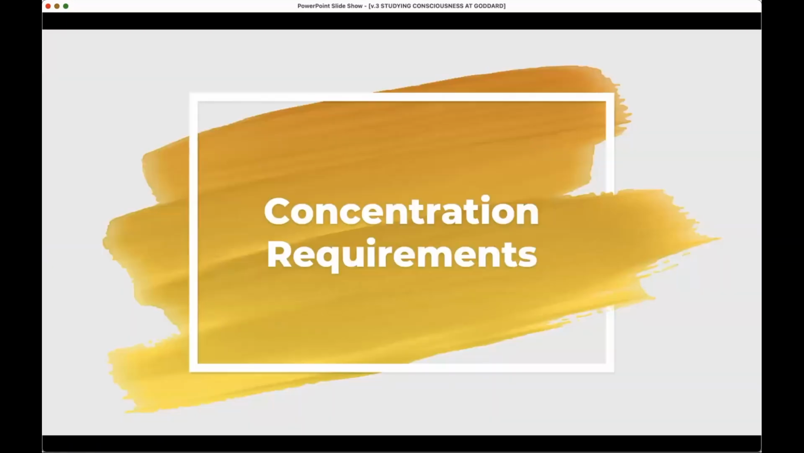Speaking of requirements, let's talk about the concentration requirements for being a consciousness studies student at Goddard. Basically, I'm recording this in the fall of 2022. So if you're watching this after that, be aware that things may change in terms of the requirements for graduation. So just make sure that you discuss with me or your advisor what the current expectations are. But speaking for the present moment,